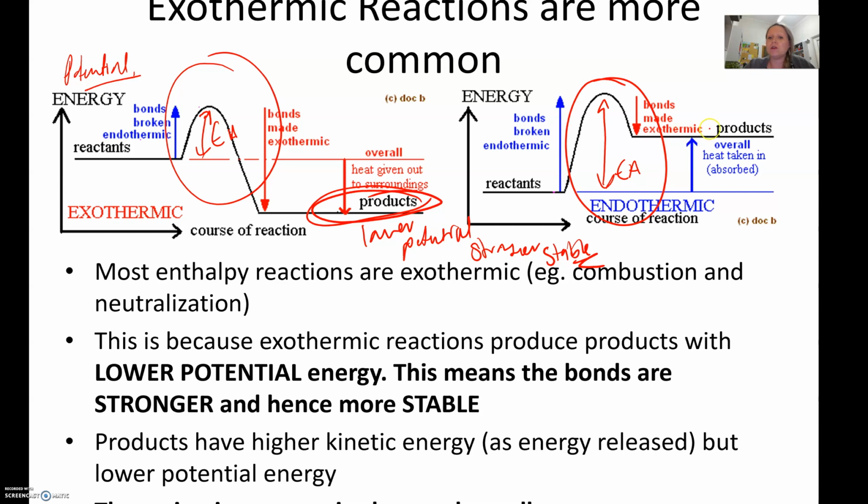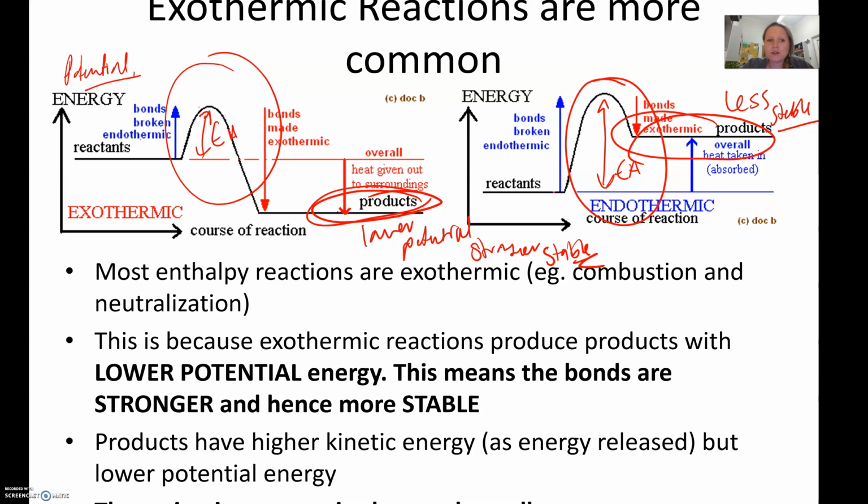Whereas your products of your endothermic reaction have a much higher potential energy. The bonds are weaker, they're more likely to break, which is why they've got a higher potential energy, and they're less stable. So there's 2 reasons why exothermic reactions are far more common and why you see far more